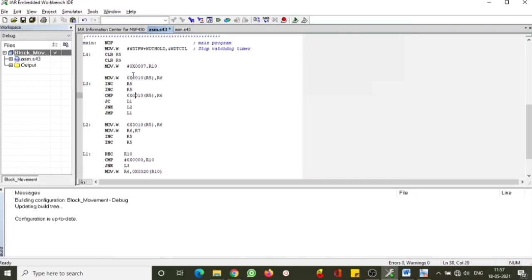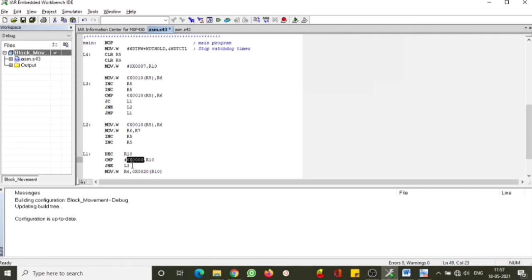It is exactly the same way that we have done this for ascending and descending. Taking one value, moving it into a register, comparing it with the next value. If we find that the current value is greater, it will jump down to here, so that we have found one maximum value, and it will decrement R7. It is supposed to check each and every value, and it will compare whether R10 is 0.